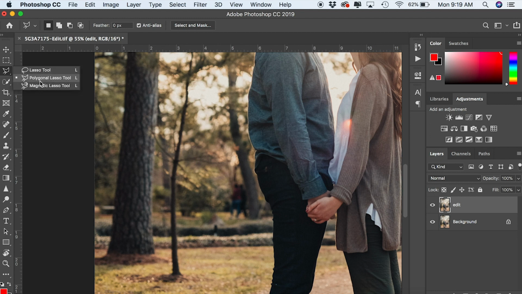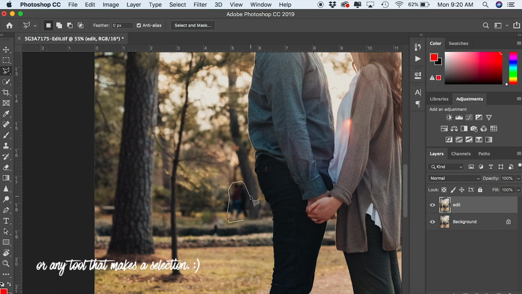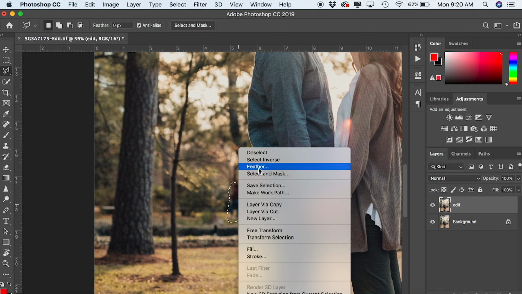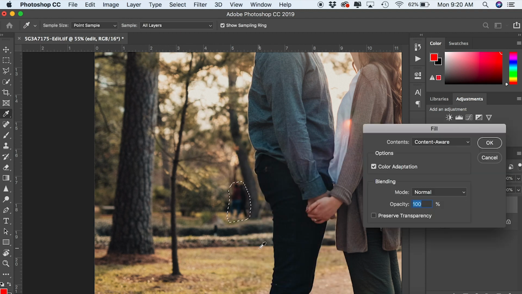Now we have one more couple over here. I'm going to show you the last method that I use, which is really quick, sometimes not as accurate, but can be really handy if you're needing to do something on the go real fast. So we're going to come over here and select our polygonal lasso tool and basically select the area that we're wanting to replace. We're going to let Photoshop, using content aware, select the best method to replace them. Once you've selected them, right click, go to fill, blend mode normal, opacity 100%, so it covers them entirely. Content aware, hit OK, let Photoshop do the magic,